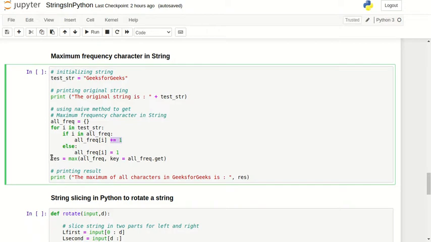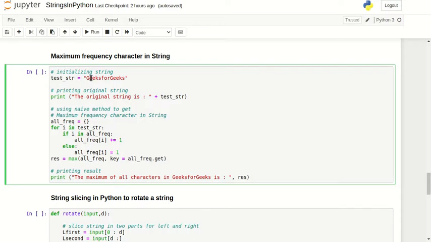Now in res we have max, so we will take the max of all_frequency with key equal to all_frequency.get. So the key will be all_frequency.get.